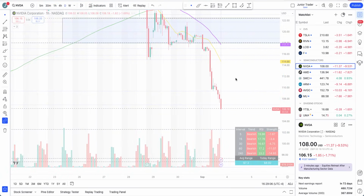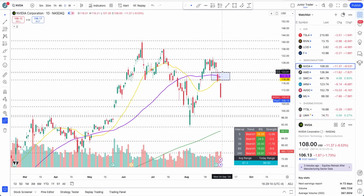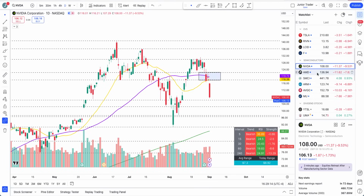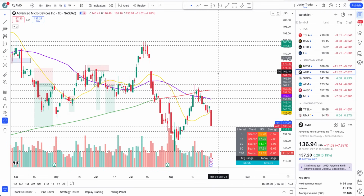Unfortunately, things are red and not looking good. Structure on this broke already 3 days ago, and now we're just seeing a downside. So that's that. All right, let's take a look at AMD now. So AMD,